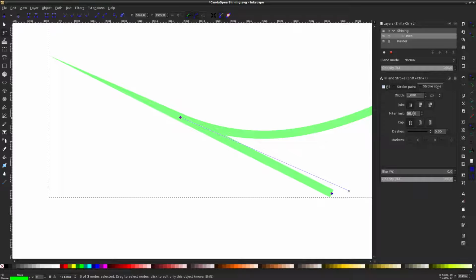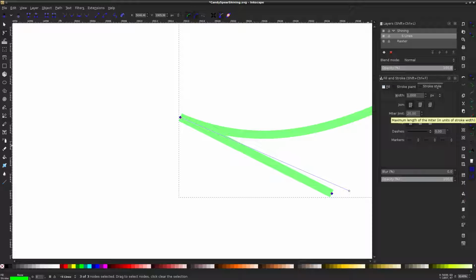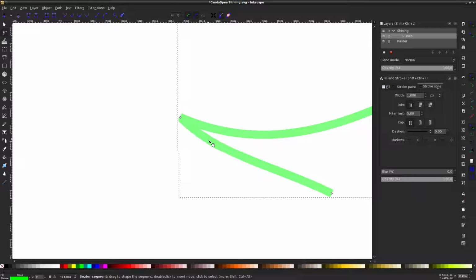The miter limit decides how far you can go before it stops doing that. Not 220, it's cut off. So usually it's around 5 or so, and that's usually okay. If you need more,